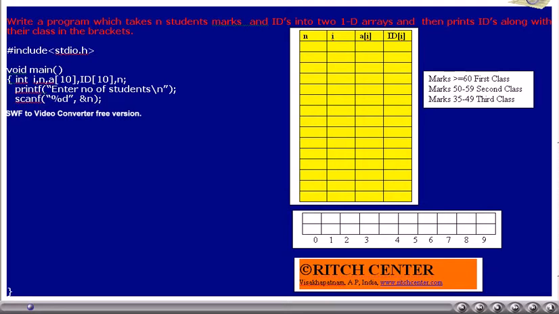As usual, stdio.h is included, main is defined. Two arrays A and id are declared along with integer variables I and n. Array A is used to store the student marks and array id is used to store identification numbers of the students. The printf statement asks the user to enter a value for n. The following scanf statement reads whatever value the user enters into the variable n.